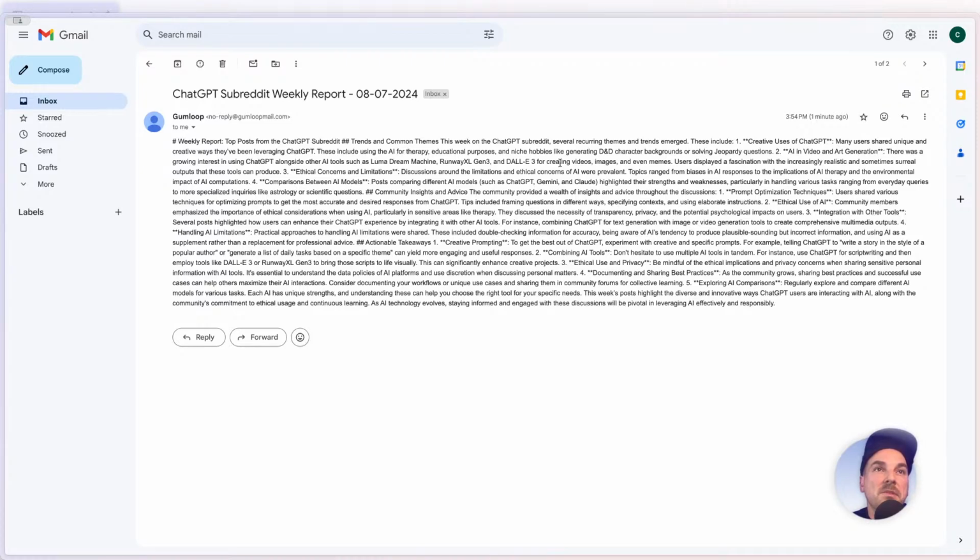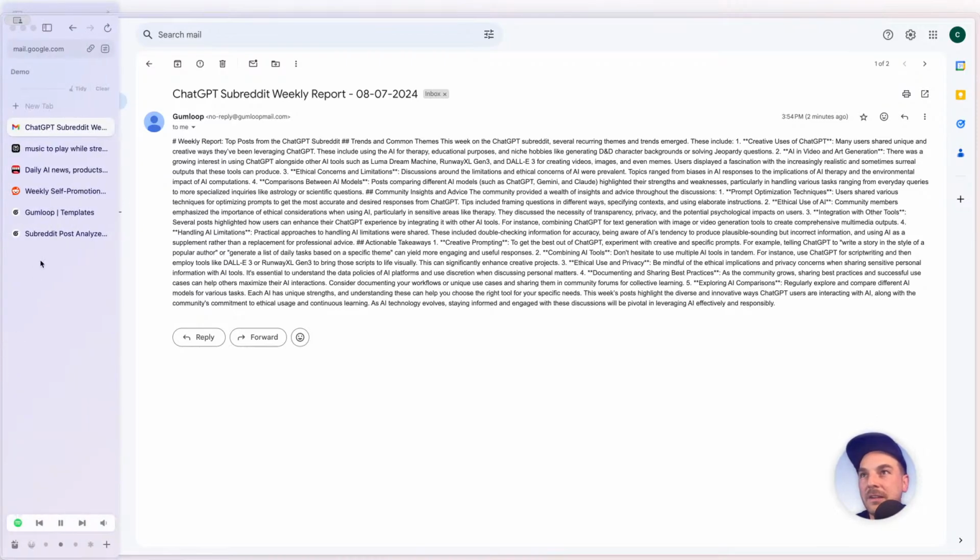And then prompt optimization techniques. Users shared various techniques for optimizing prompts to get the most accurate and desired responses from ChatGPT. Tips including framing questions in different ways, specifying context, and using elaborate instructions. Okay, so this is like a summarization of stuff. I would love direct links. So let's see